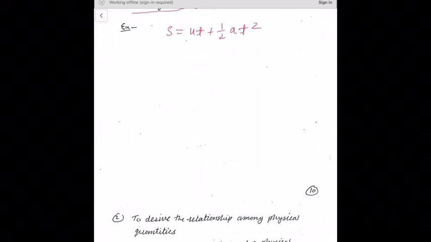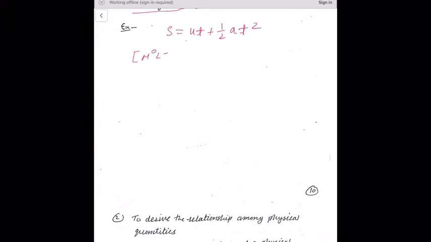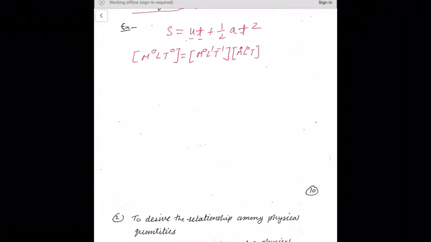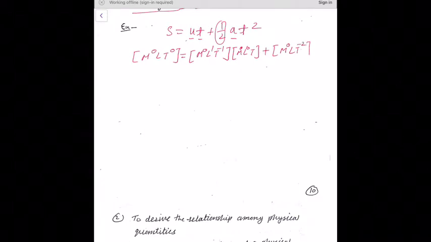Writing dimensions on both sides, dimension of s is M0 L1 T0, equal to dimension of u, M0 L1 T minus 1, and dimension of t, M0 L0 T1, plus half is a dimensionless quantity, and dimension of acceleration a, M0 L1 T minus 2, and dimension of t square,